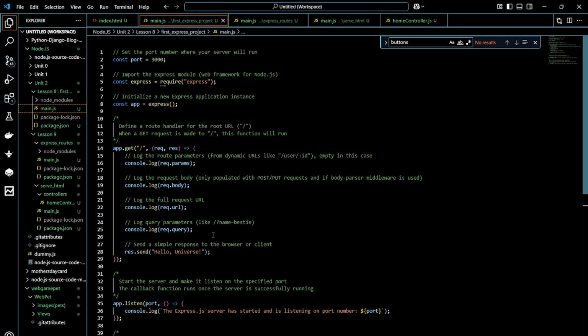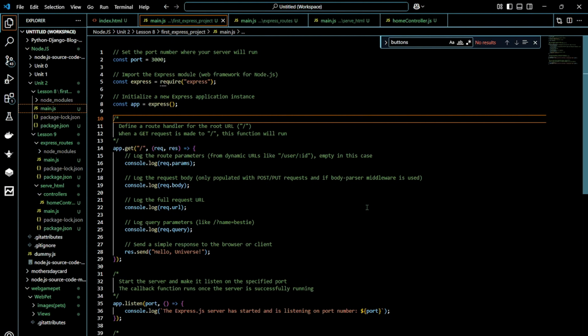Then we're going to import the Express module. So it's like a web framework for Node.JS. Then we're going to initialize a new Express application instance. So we're going to declare a variable and it's going to equal Express. And then we're going to define a root handler for the root URL. So using / because,